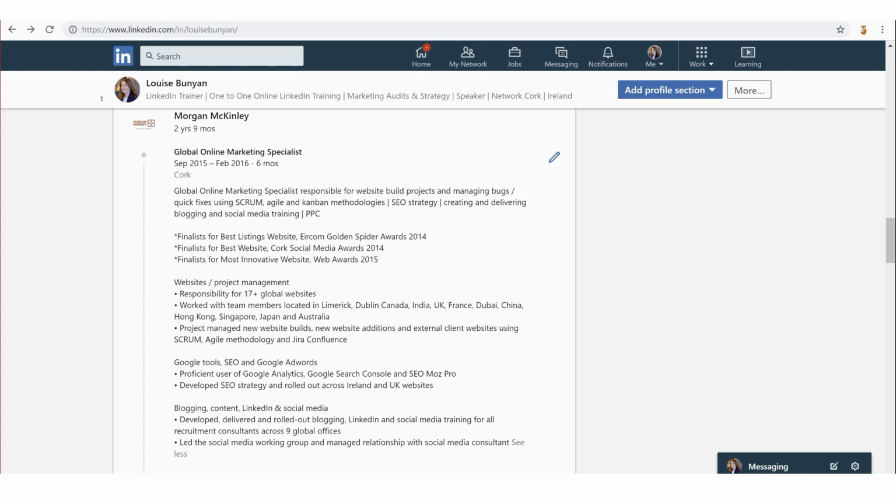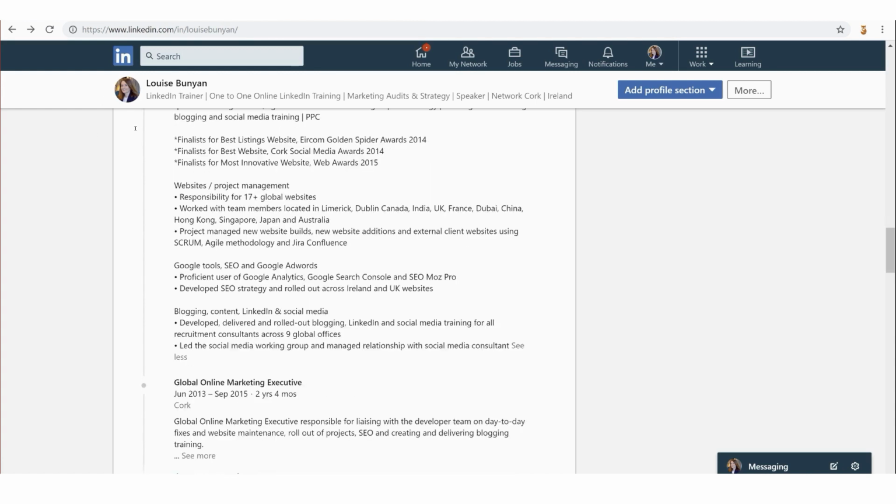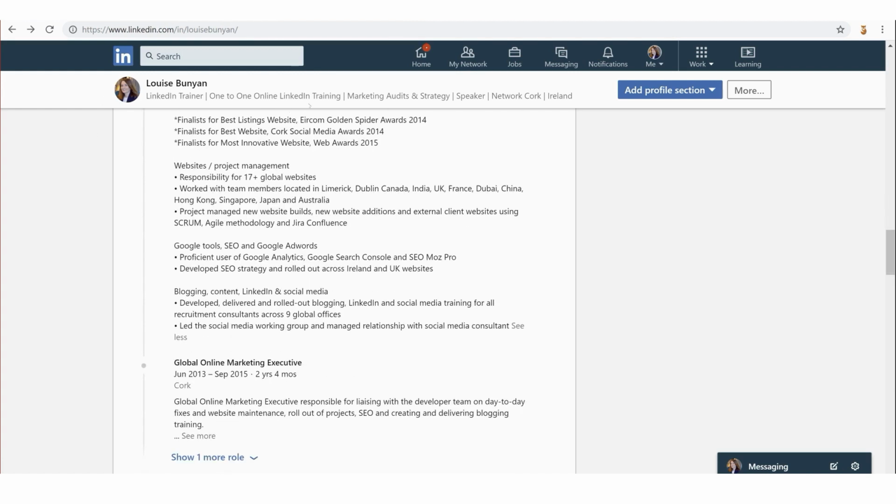And then the next part that I did, and a recruiter also gave me this advice, where you have maybe 4 to 5 broad areas that you're responsible for, you would write a little subheading up here at the top. So for example, you have websites and project management, but underneath you need to have bullet points which back up and prove all of the experience that you have under that subheading.